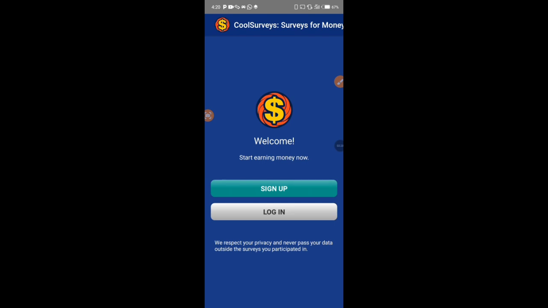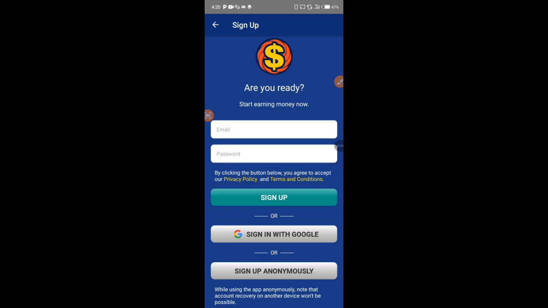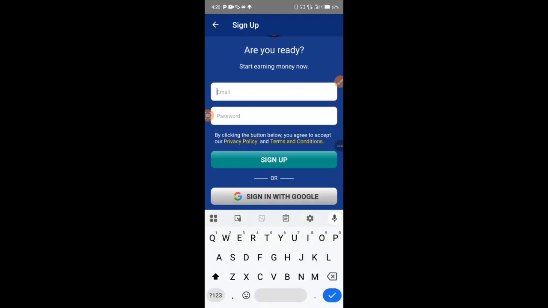You just need to click on sign up if you don't have an account. And one thing that you need to know is, for you to work on CoolSurveys, you will need to install the app on the phone. It doesn't work on the website, so you just have to sign up here and then put whatsoever email you wish to use. For me, I'll be using this email address,